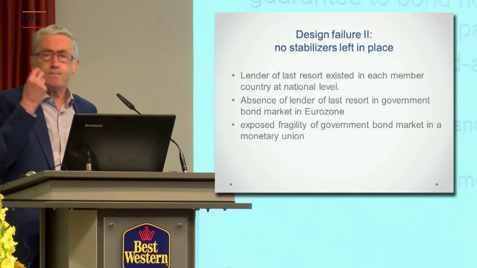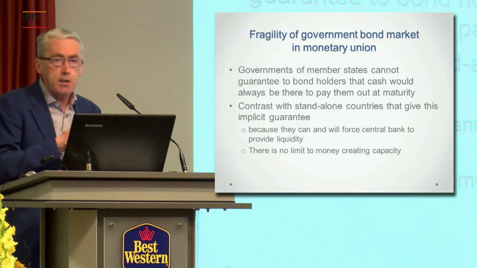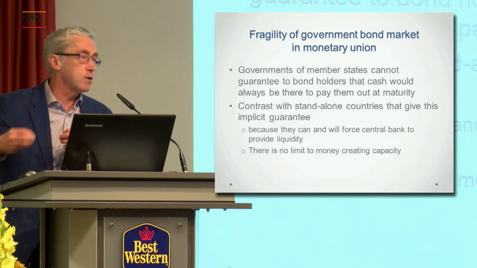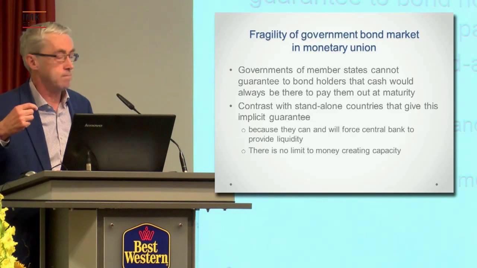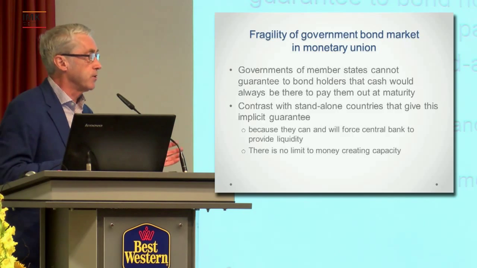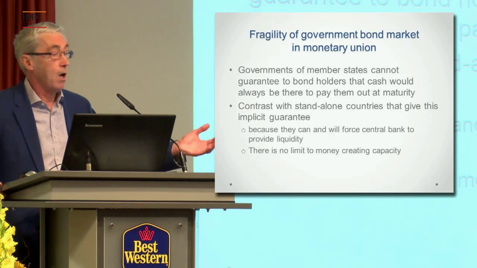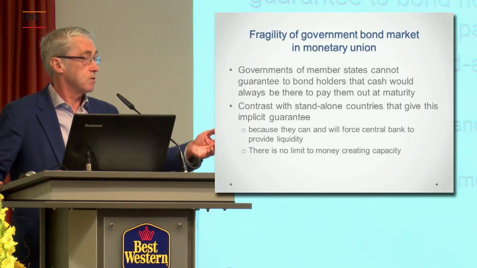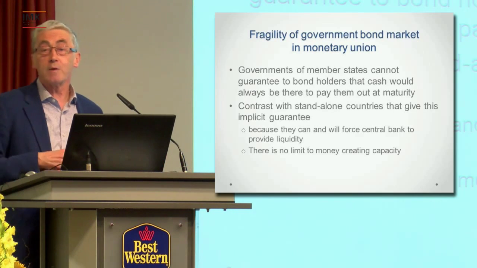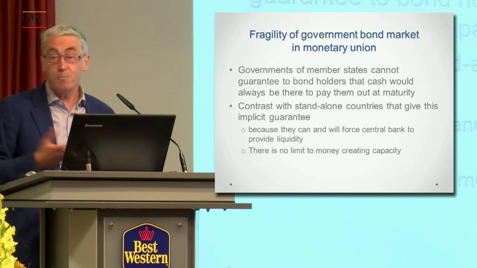Why? Well, we have to realize that when countries become members of a monetary union, the governments, when they issue debt, have to issue debt which is de facto in a foreign currency. That is a currency over which these governments have no control. As a result, they cannot give a guarantee to bondholders that the cash will always be there to pay them out at maturity. Contrast this with a standalone country, United Kingdom or Sweden or whatever. When the governments issue bonds, they issue them in their own currency, the pound sterling, say, and the UK government can give a credible guarantee to bondholders that the cash will always be there to pay out bondholders in pound sterling, because the